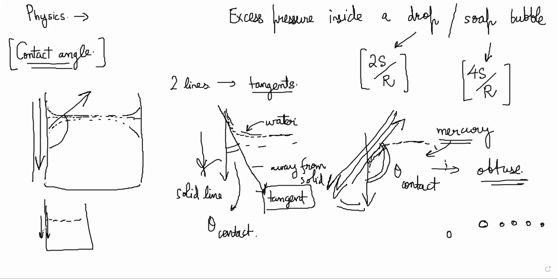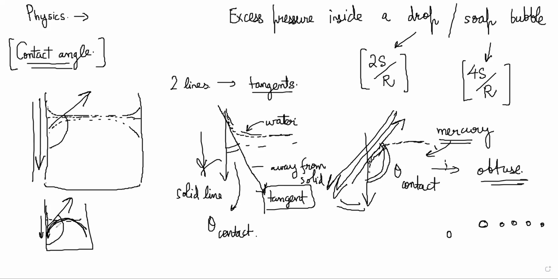So paraffin is a material, and in that water will be like this, right? It is an obtuse angle, 107 degree, right? Okay, so now you are seeing that different solids and different liquids have different contact angles. So why is that happening? So why is the liquid surface bending near the contact with a solid?